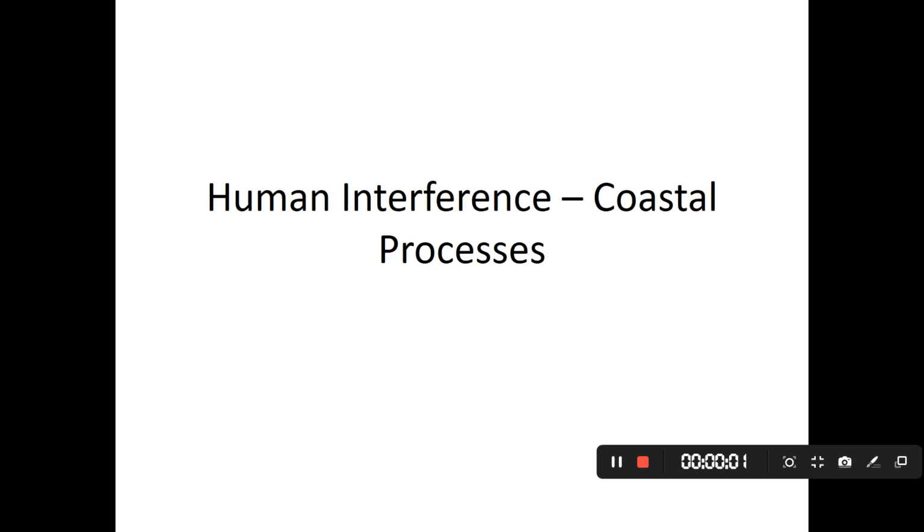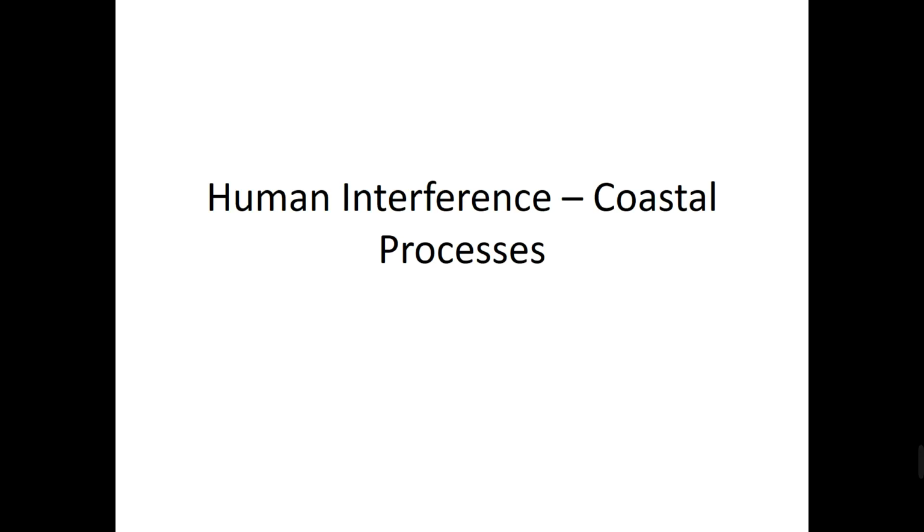Right, so the final topic in coastal processes is humans and the coastline, and how human activities can interfere with the coastal processes. In general, the main coastal process that humans are trying to interfere with is coastal erosion, because they're trying to prevent it. It's a huge problem along the coastline of Ireland, as it is in many other countries,